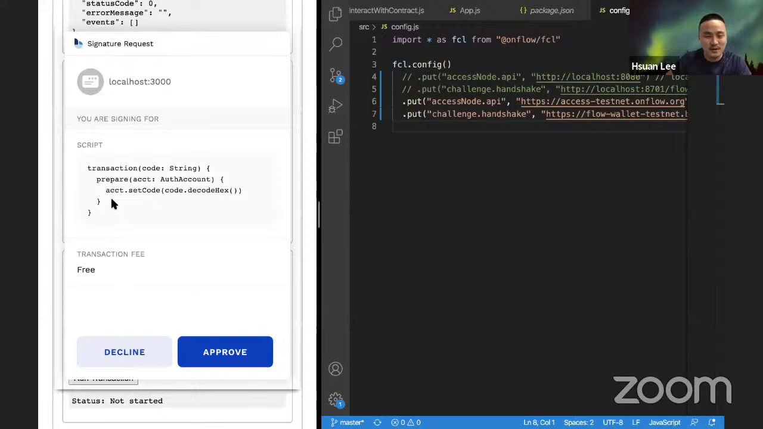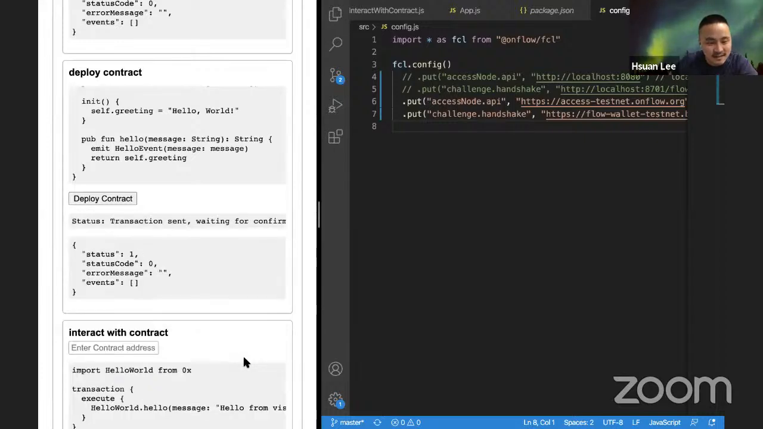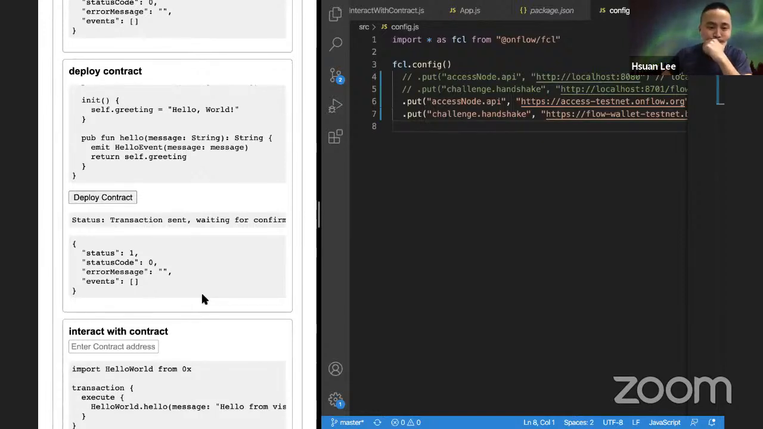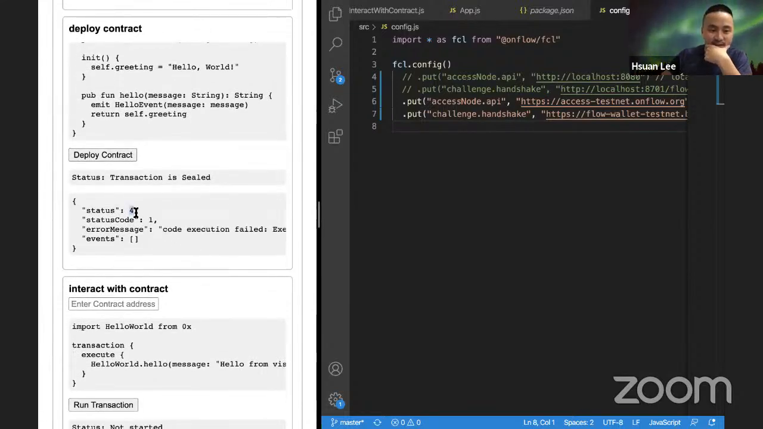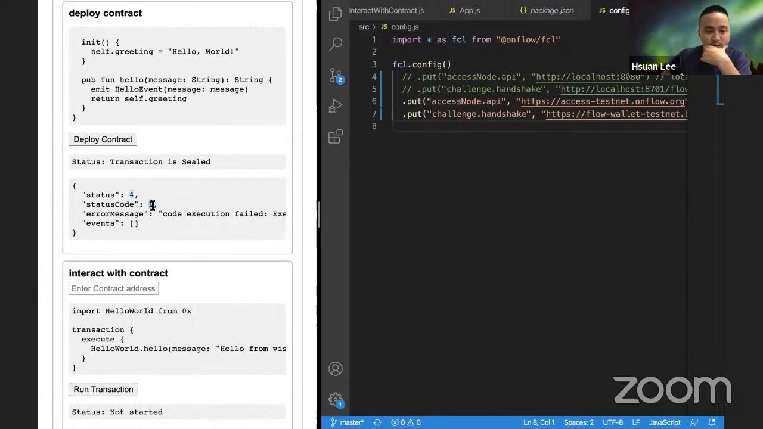It's pretty much the same as the previous transaction, but instead of logging something on the blockchain, it's deploying code onto your account. Let's see how it works. Actually, it will fail. Okay, so you see the transaction is sealed, but the status code is 1, which means that it